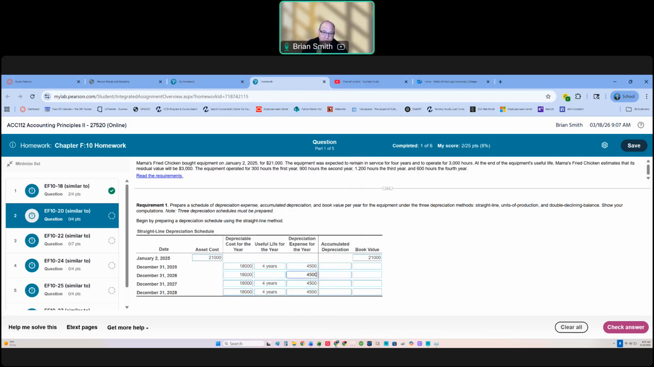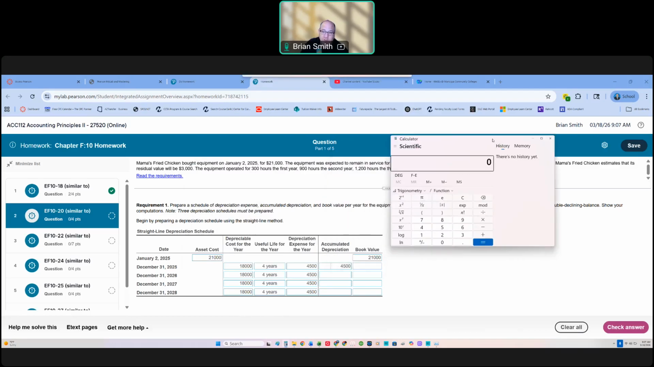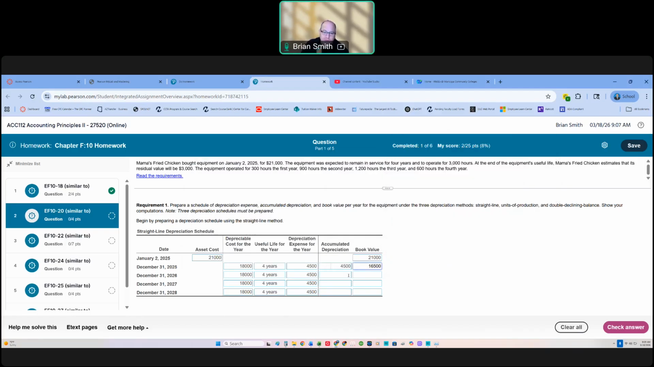So I'm just filling these in. All right, accumulated depreciation for the first year is the depreciation expense for the first year, and our book value will be this 21,000 minus the accumulated depreciation. So our book value in year one is 16,500. Accumulated depreciation is 9,000. We're just adding our prior accumulated depreciation plus our current year depreciation to get that. 12,000,